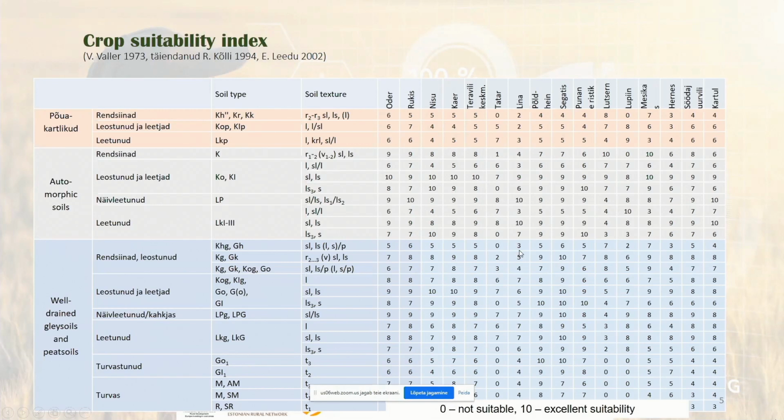These areas are not suitable for growing these crops. And you can see also here that these data date back to 1973. They were updated in 1994, 2002, and as some popular crops right now, like rapeseed, are not in this table, we are doing field experiments right now to get some updated information about these crops too.